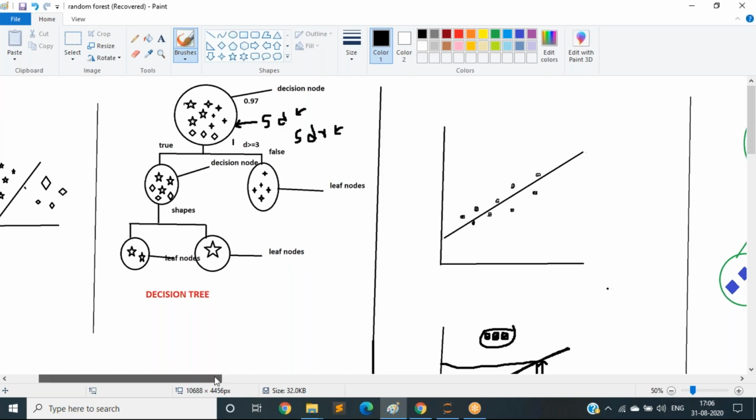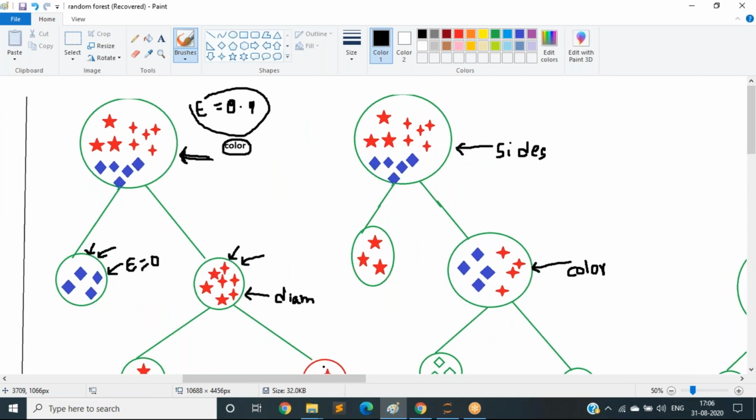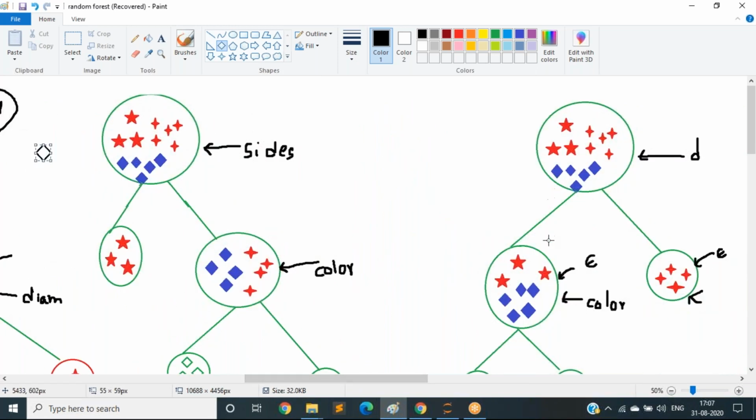But here it is considering all the possibilities. If I give some new data like this, and I didn't give any color, or the color attribute is missing, it will check with this decision tree, this decision tree, and this decision tree, based on the splitting, in which group it falls.